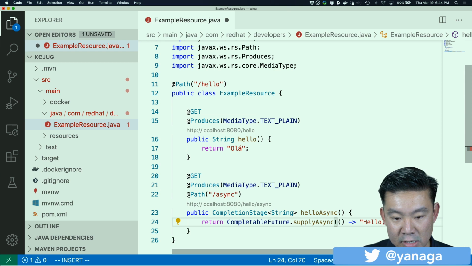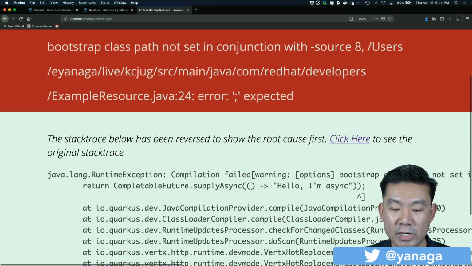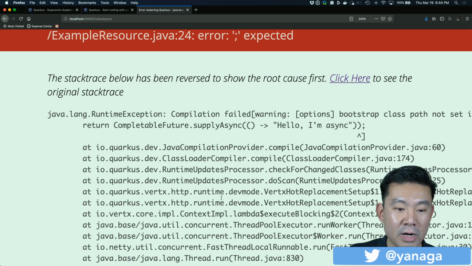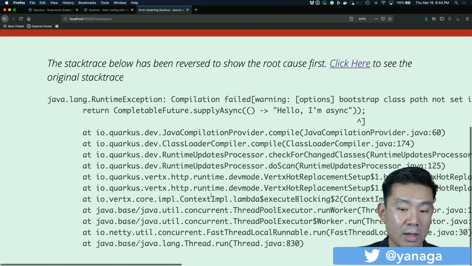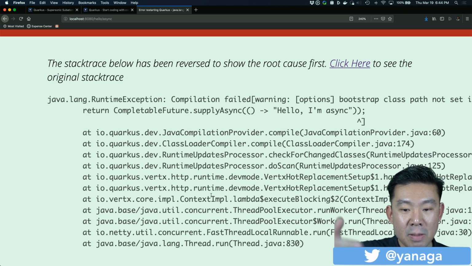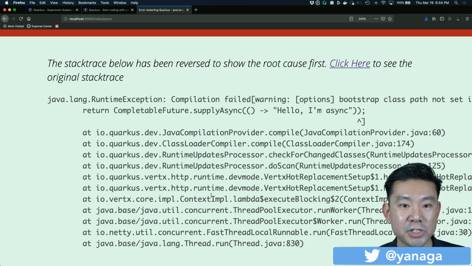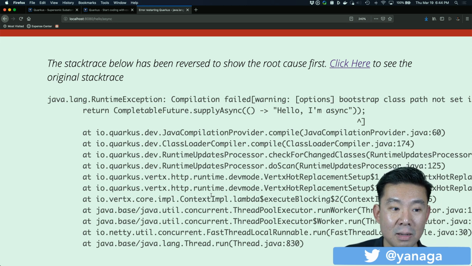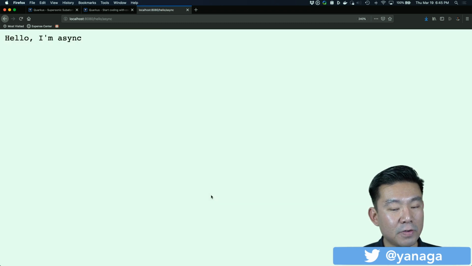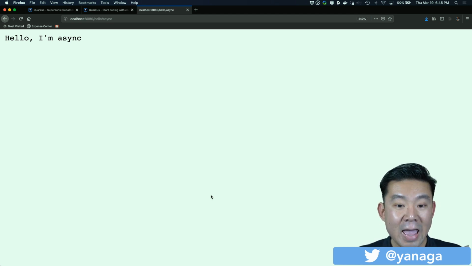So I've just saved the file, and you know, sometimes you get your stack traces, you have to scroll forever, try to find your error. With the Quarkus error message, we invert the stack trace, so you always have the most meaningful message first before having to dig and scroll your screen. So I just saved the file. Let's try to refresh this endpoint, and yes, Hello, I'm async. And another very interesting feature of Quarkus is you can blend synchronous, you can blend asynchronous, and you also can add reactive in the same code.